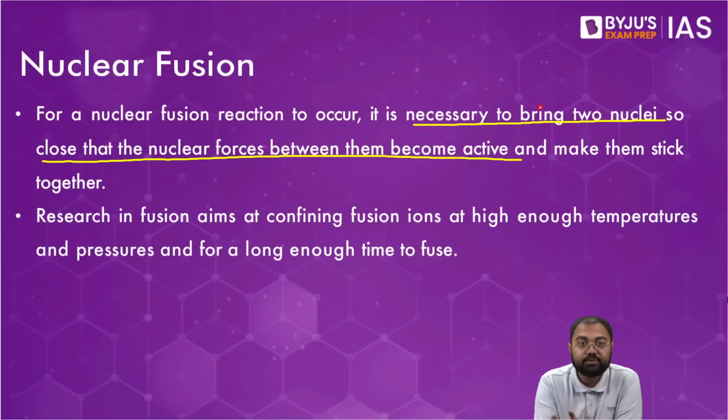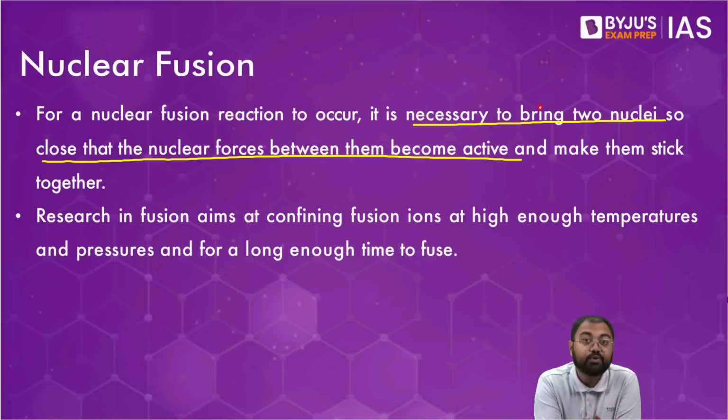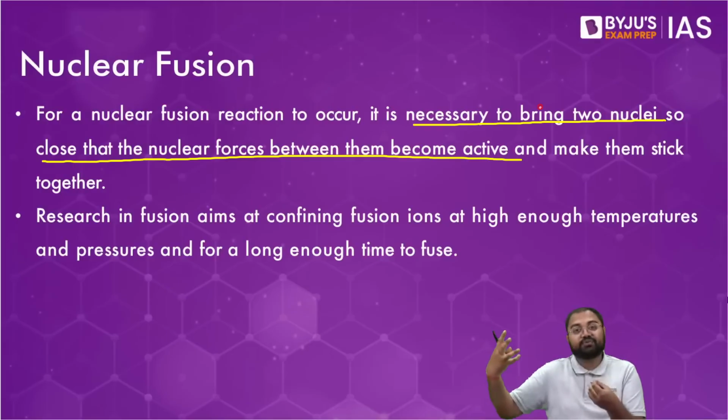In case of uranium 235, we were saying that uranium 235 is anyway radioactive. Uranium 236 becomes very highly unstable and it breaks. But in case of hydrogen, hydrogen is not unstable, hydrogen is fairly stable. So then also it can undergo nuclear fusion. But for that you need these specific conditions under which it can stick together. And only if it can stick together and form helium, that is where it releases a lot of energy, and